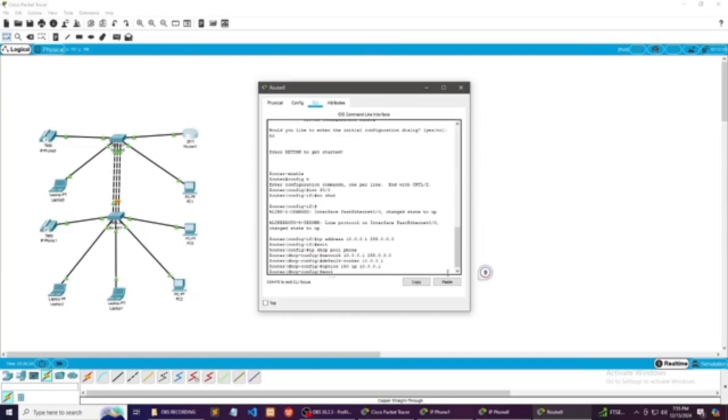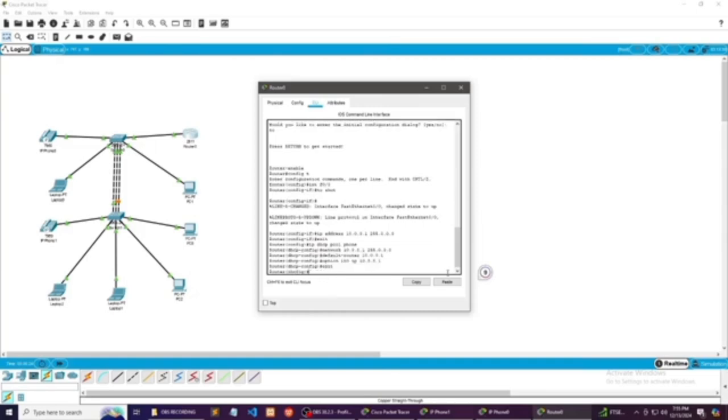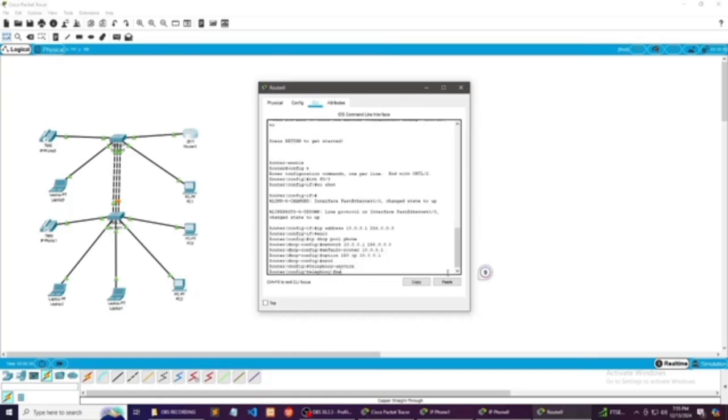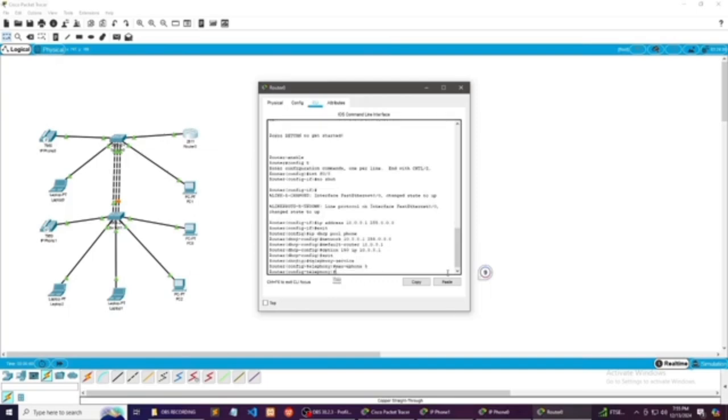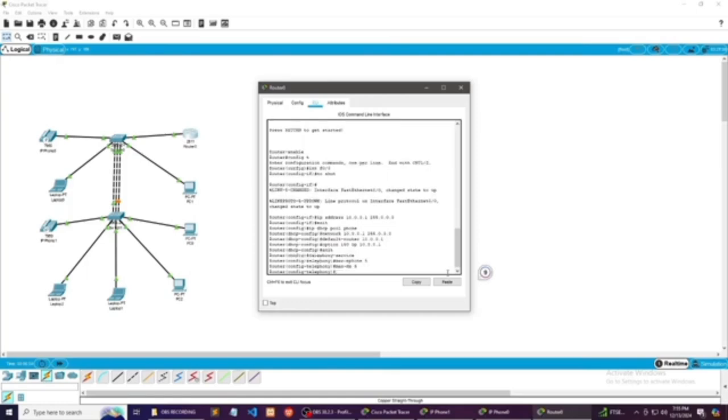Type exit, enter, then type telephony-service and enter, then max-ephones 5, then enter, then type max-dn 5, then enter, type ip source-address, which is the address that we're going to use, 10.0.0.1.